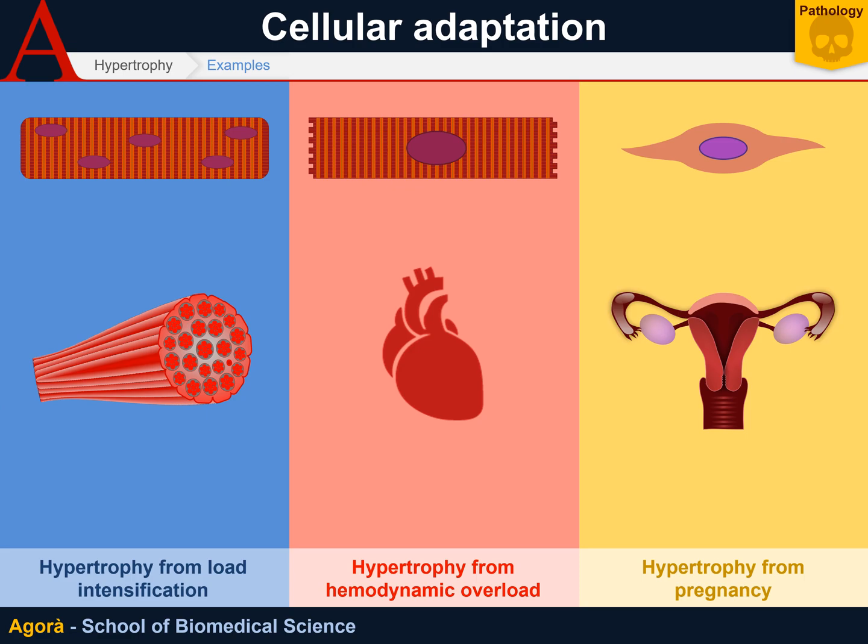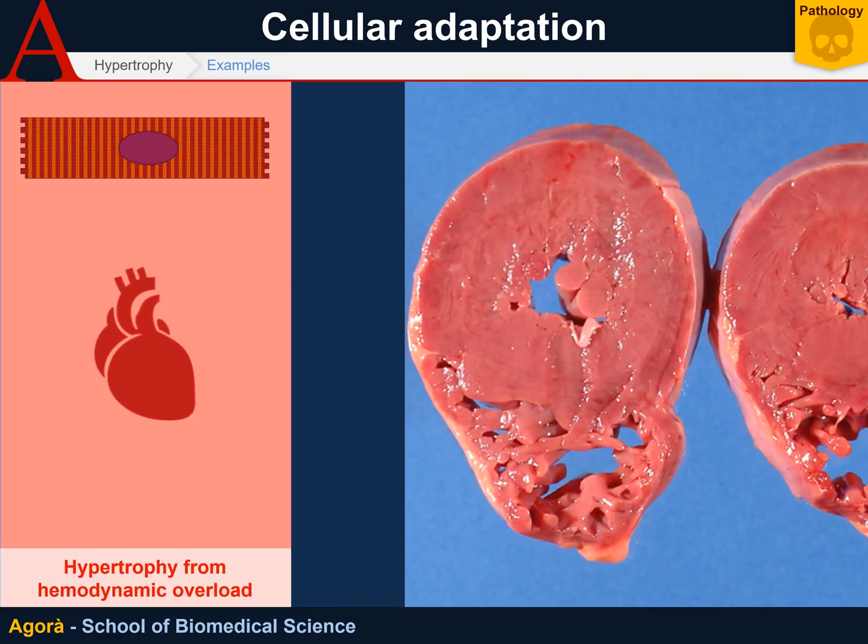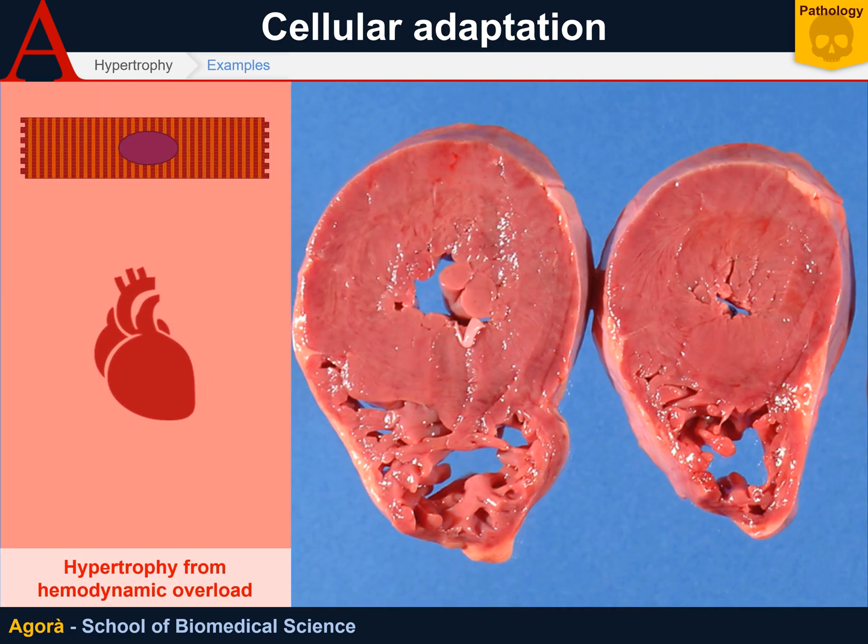The hypertrophy from hemodynamic overload occurs with hypertension and valvular heart diseases, two pathologies causing the heart to beat at a higher blood pressure. The myocardium is normally between 1 to 1.5 centimeters thick, but when hypertrophic, it is at least 2 centimeters. From a histological point of view, triphenyltetrazolium coloration indicates how much of the myocardium is still